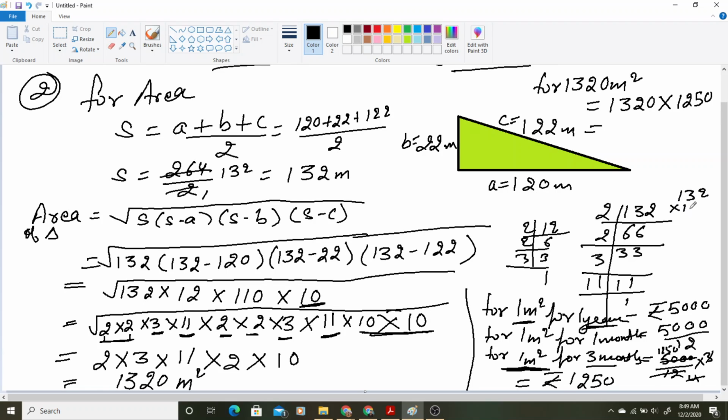Now 132 multiplied by 125, how much are you going to get? 5 to the 10. 16. Has anyone done the multiplication? 16 lakh, sir. 50,000. 16 lakh 50,000. Okay, so yes, 16,50,000 rupees. So that much they will be paying for this wall if they want to hire it for 3 months.